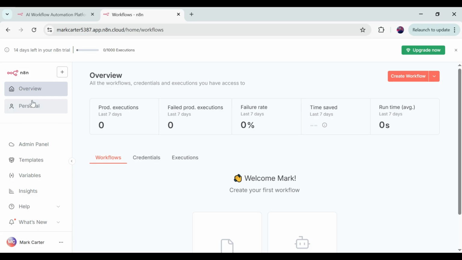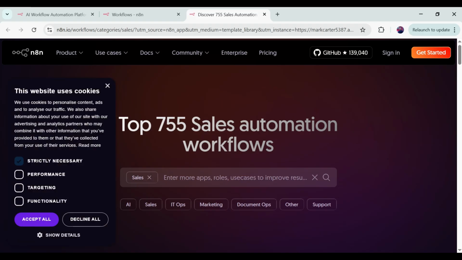Okay, so in the left menu you will see the overview section, personal section, admin panel, and template section. The template section is very important in order to use a ready-made template to create your workflow. Okay, so I will go with the templates and let's see if we want to use any of them.